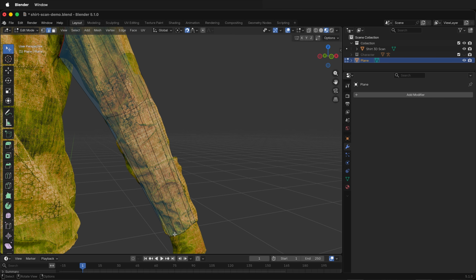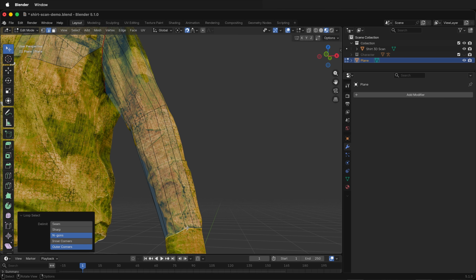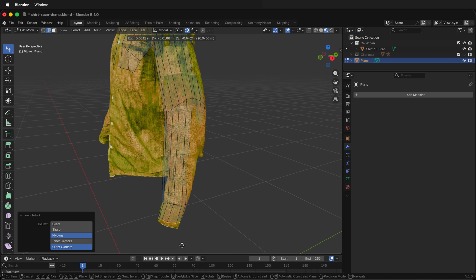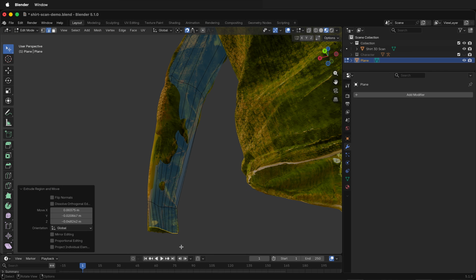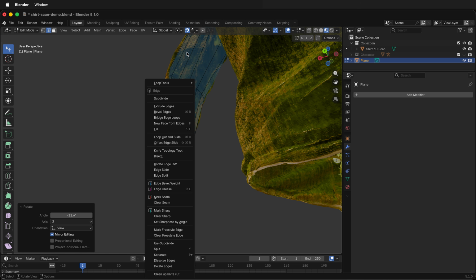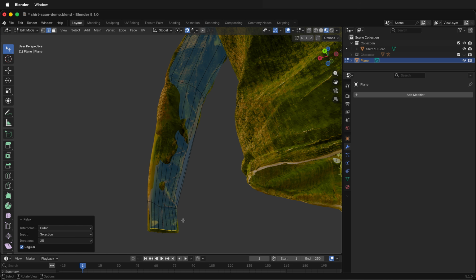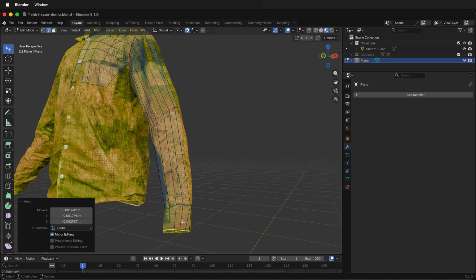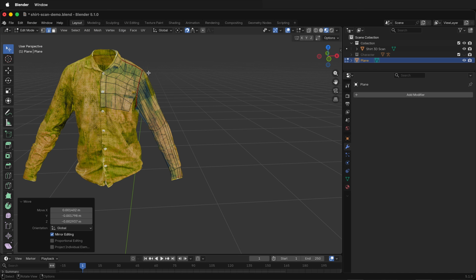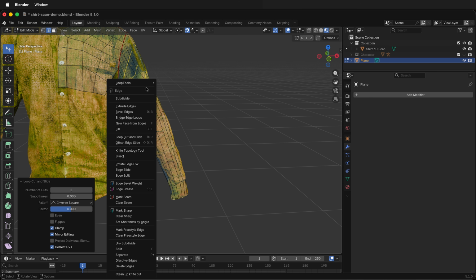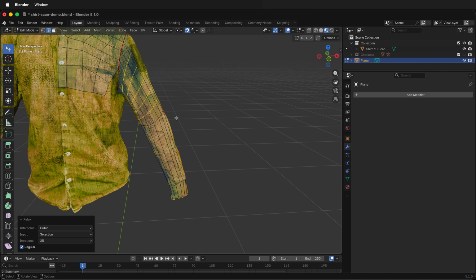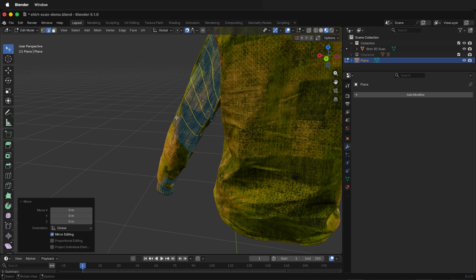Switch back to edge mode, select that entire loop, and then I'll do one more extrude down to the edge of the cuff. I might be able to just rotate this by pressing R, right-click Loop Tools, then Relax. So that's pretty good right there. And now I can just go ahead and add in some loop cuts. Control R, put an even spacing, I think something like that, maybe one more. And I can right click LoopTools Relax with them all selected and then press G and they fit in there